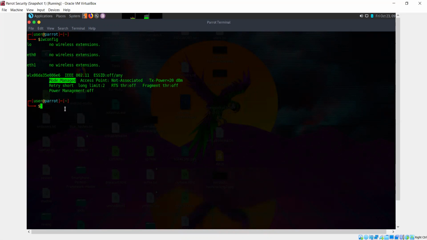Now, there is a set of tools known as aircrack-ng. These are what I use to perform this kind of password cracking that we're going to look at. But there is a very handy script available for that, known as airgeddon, which makes our work slightly easier.